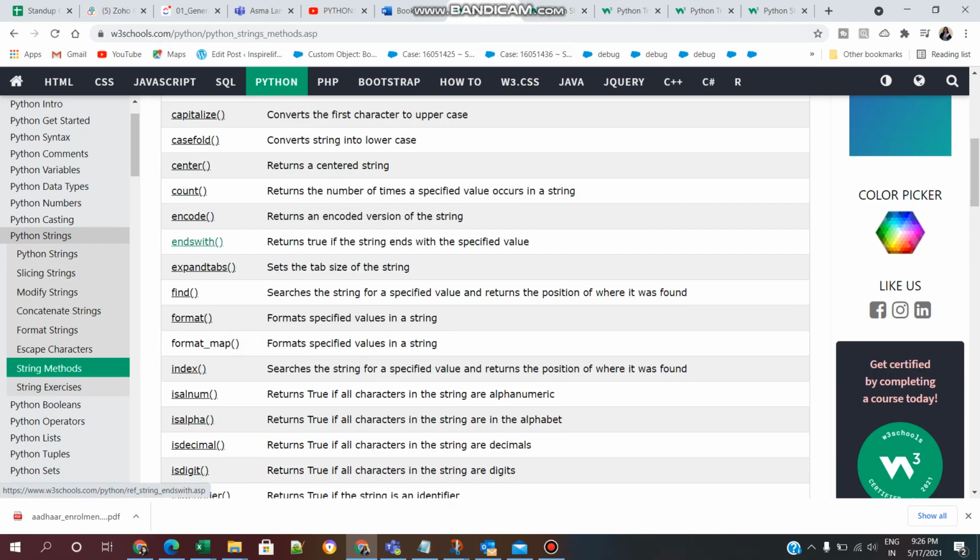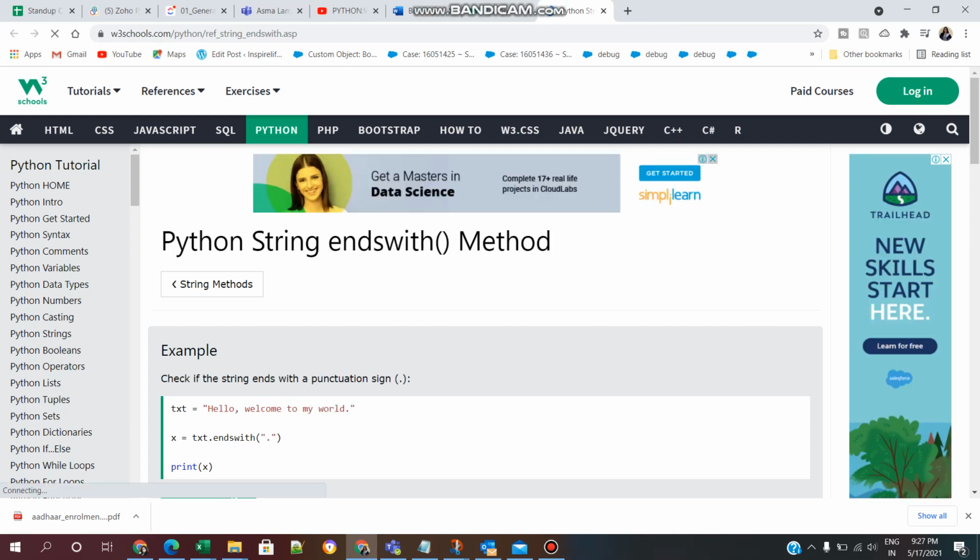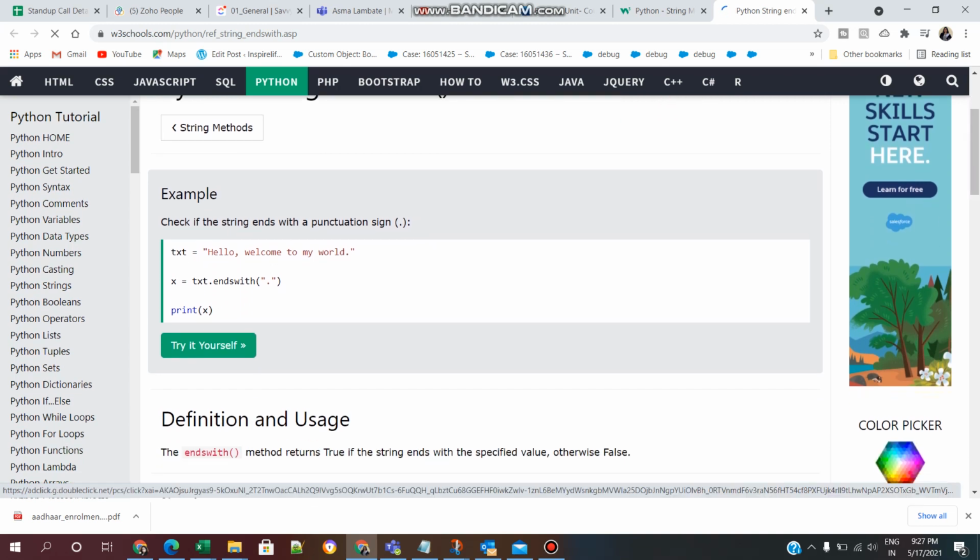Now we will see the endswith method. So click on that, first close this. The endswith method will return true if the string ends with the specified value, otherwise false.